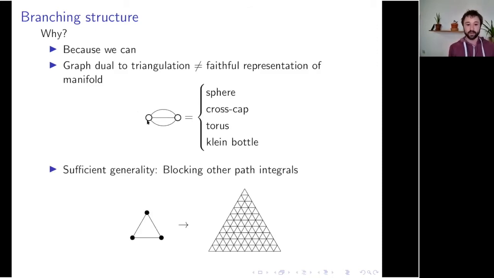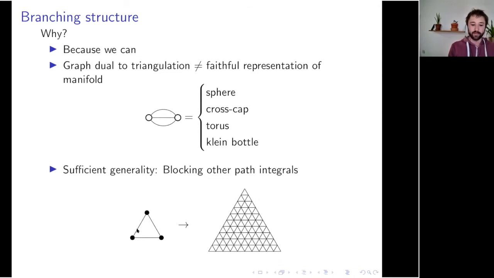The second argument is that we would need a fixed point form that is general enough such that every topological path integral can be zoomed out and blocked into this fixed point form. This means that if I take any topological path integral, put it on a large patch, and then evaluate the tensor network of this non-fixed point path integral on this large patch, and I group the indices corresponding to each edge here,